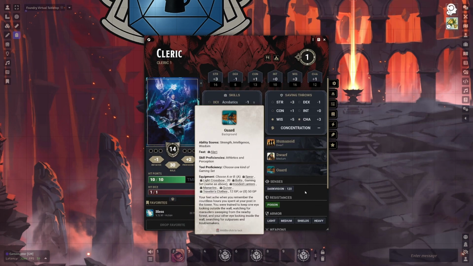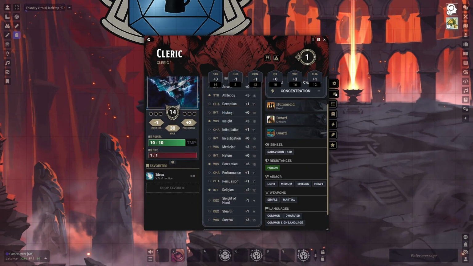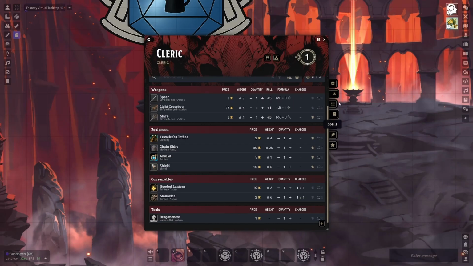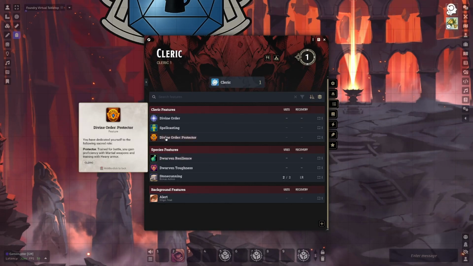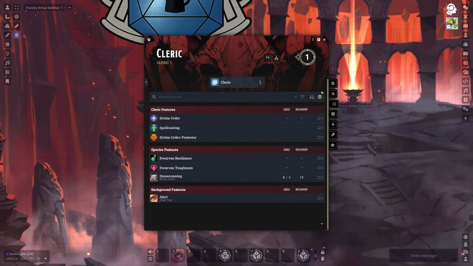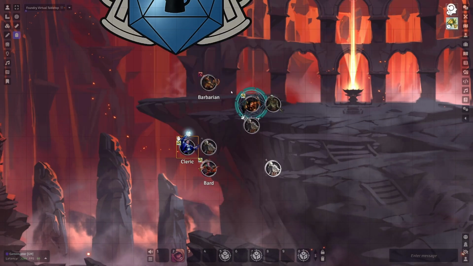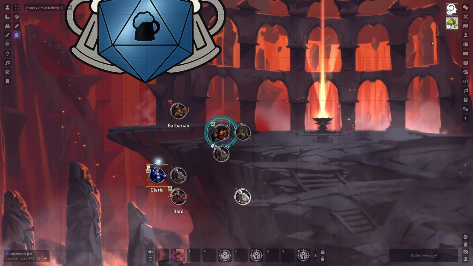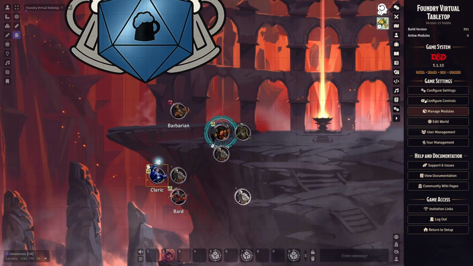Divine, the poison resistance is already just built into the actor, and then divine protector is going to give you the dedicated battle. You dedicated yourself to sacred roles, so training in martial weapons and heavy armor. Again, that's not something that is going to impact the actor, so no need to show that. So that's what turning off